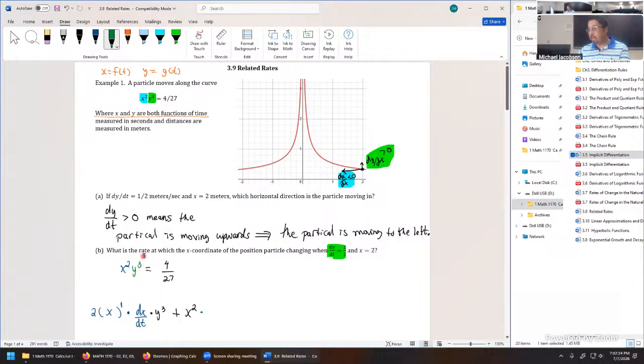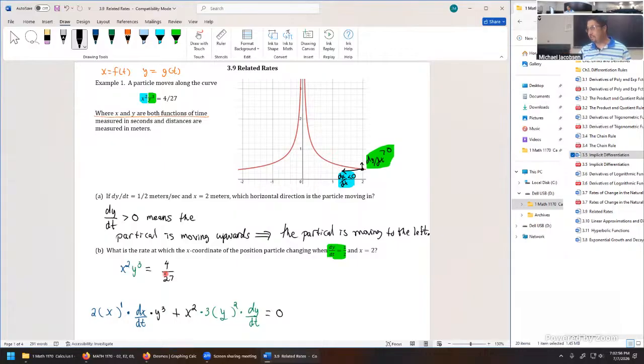The inner function is y. We differentiate the power 3 function first. It becomes 3 to the power of something times 2. Then we multiply by the derivative of that something. That something is the inner function, so it goes here. That's just a 3y squared times the derivative of y with respect to time, so dy dt. So that's the derivative of the entire left-hand side. The right-hand side is just 0, since it's the derivative of a constant.